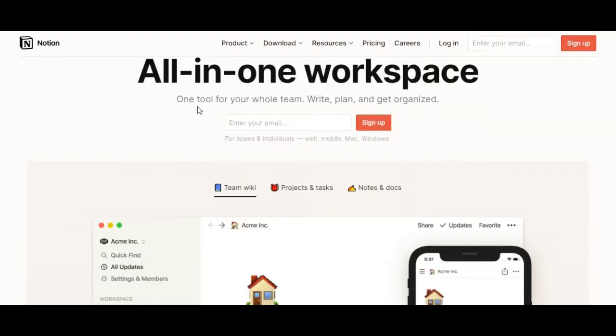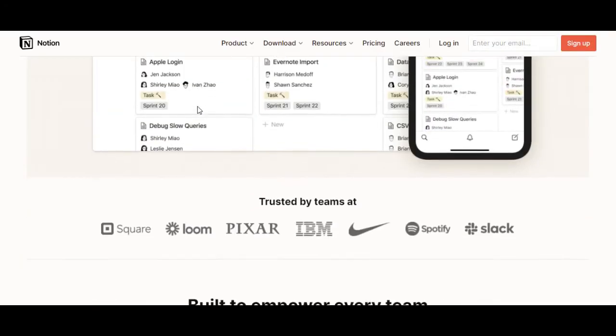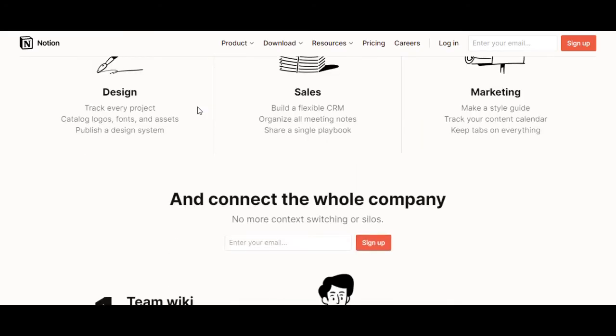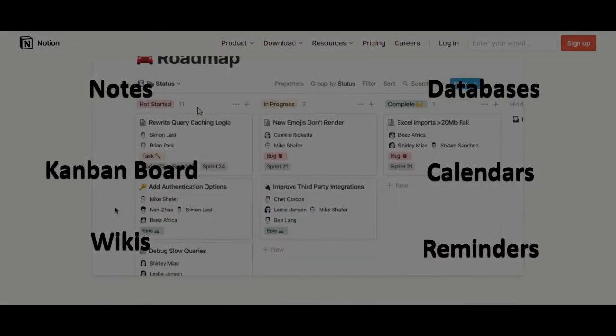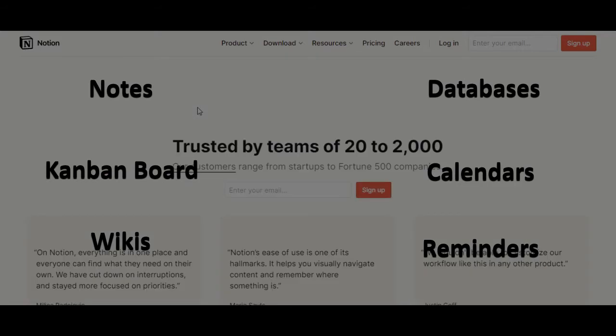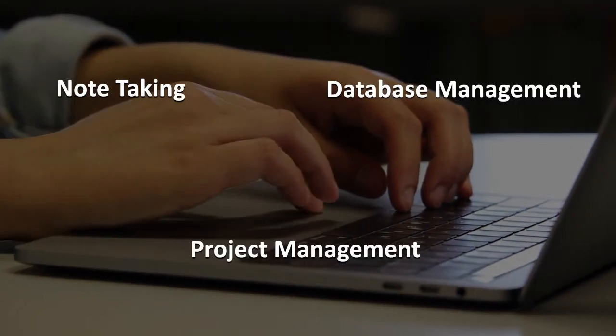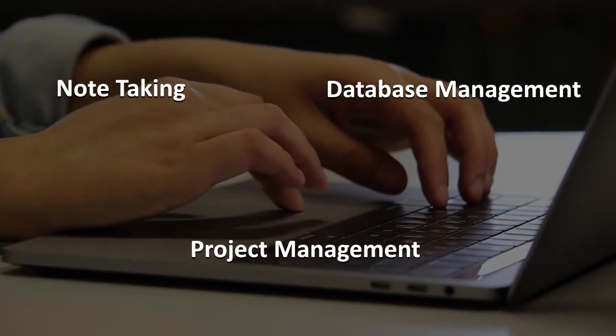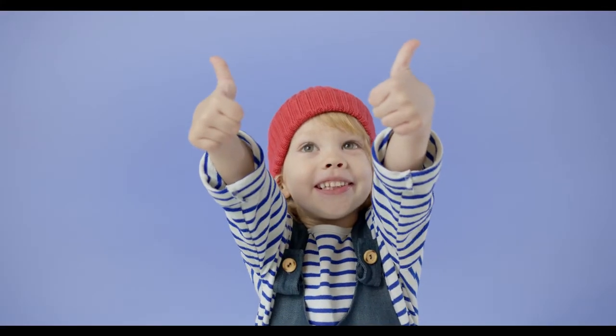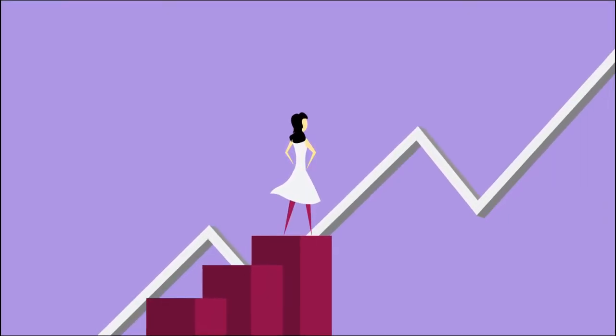Let us first know what Notion really is. Notion is basically a productivity software that lets its users store data in various forms, be it notes, Kanban boards, wikis, databases, calendars, reminders, etc. It also provides users with the ability to create their own systems like note-taking, database management, project management, etc. So you can say it gives you all your basic productivity software under one software. Overall, this is an awesome tool and is at hype right now. But that's not what this video is about.